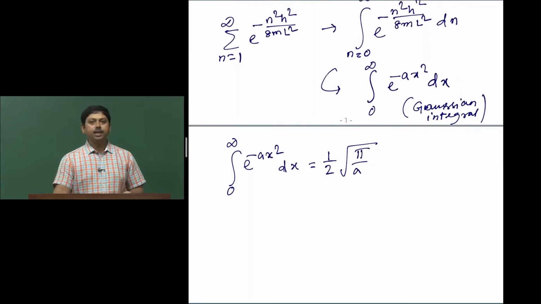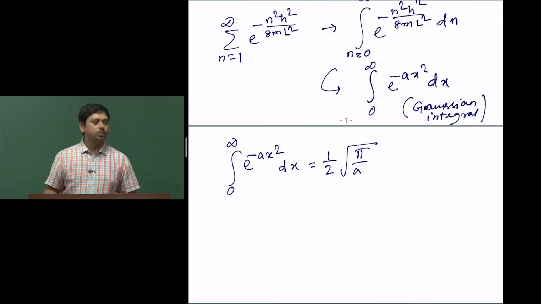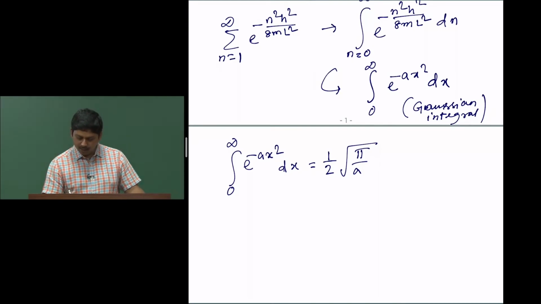So, we are taking n equal to 0 because it helps us in doing the integration, and since we are taking so many integers anyway, adding one more is not going to matter so much, because n equal to 0 is going to add 0 value. When you are doing the integration, we are summing up all values. So there we add the 0 value also, and that is not going to change the result. If you put n equal to 0, you are going to get 0 energy, and that is not going to change the partition function at all, which means that this sum I can also write as